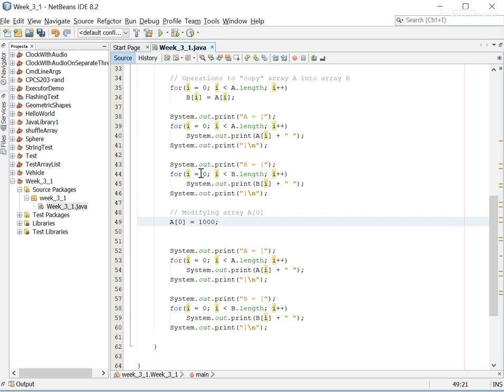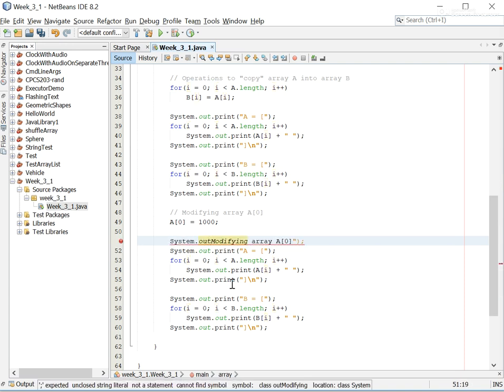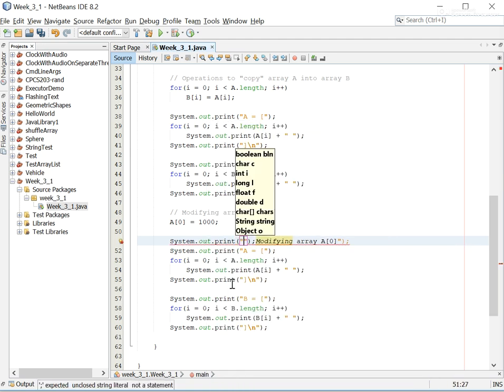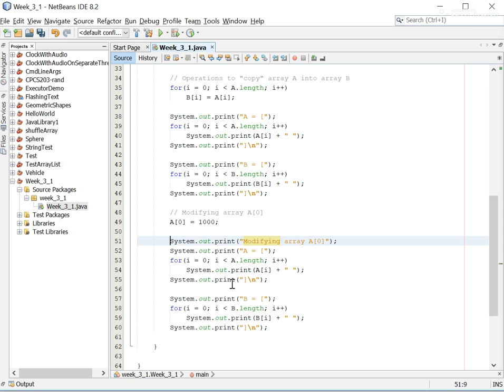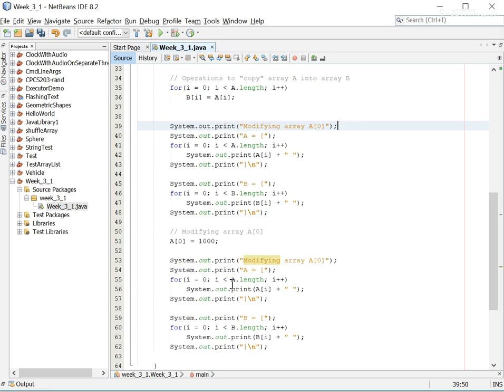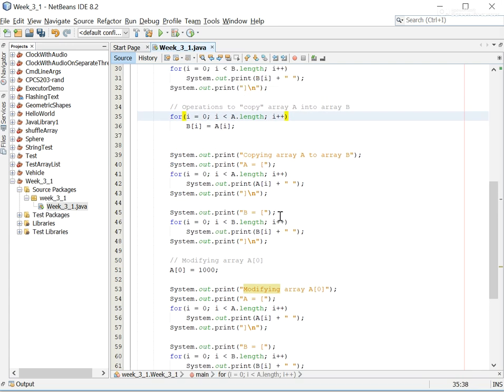So let's see what happens when I run this. Let me add some labels over here because we're printing out these arrays a good number of times, 3 times now, so we know what we're looking at. Okay, so